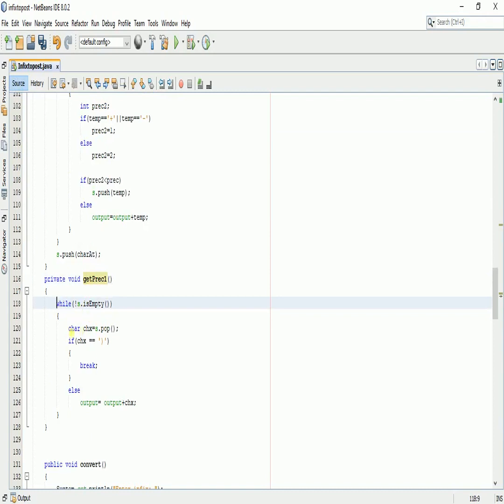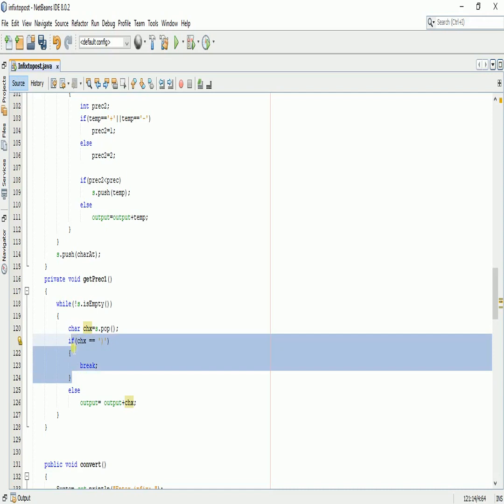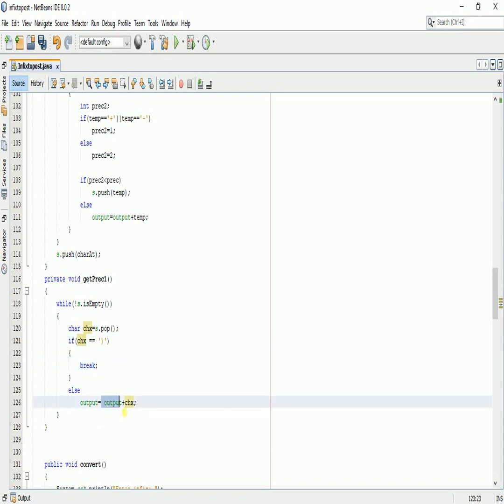If the stack is not empty, then we will declare a character variable that will store the last value in the stack. If the last value in the stack is this, then in our program this is our opening parenthesis. If it is an opening parenthesis, then the program will break. If it is not the opening parenthesis, or you may say it is plus, minus, multiplication or division, it will output it into the output string. This output string will have this value.